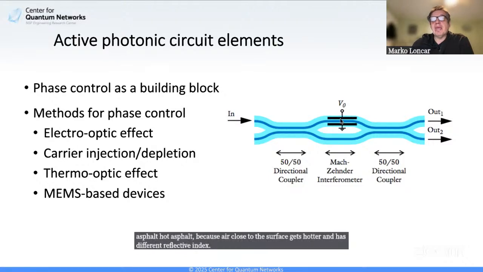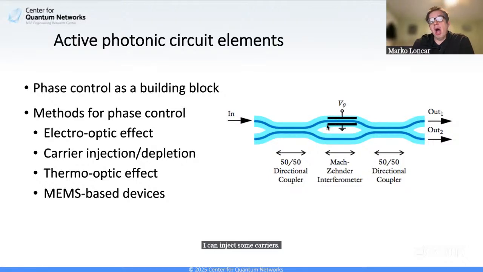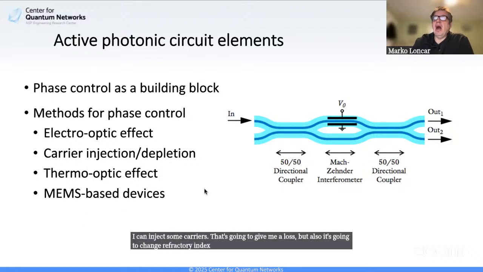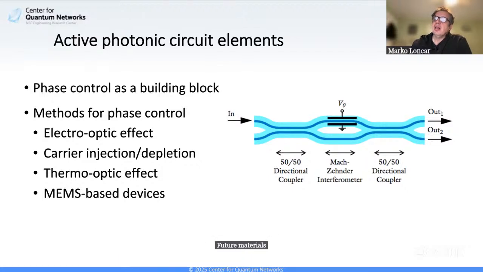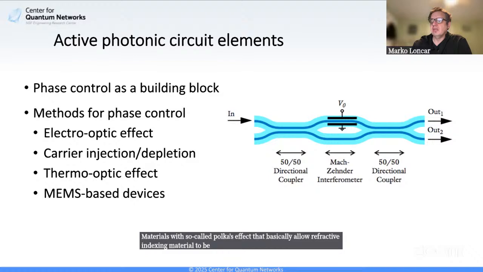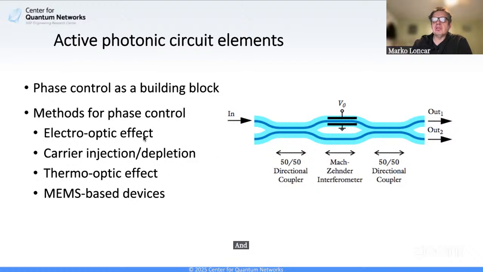I can inject some carriers, which is going to give me a loss, but also is going to change the refractive index. I can move things around using MEMS, micro-electromechanical systems, which is also going to give me some phase change. Or I can use electro-optic materials, which are materials with the so-called Pockels effect, that allow the refractive index of the material to be changed by applying electric fields. And this turns out to be the most optimal in terms of speed and energy consumption,